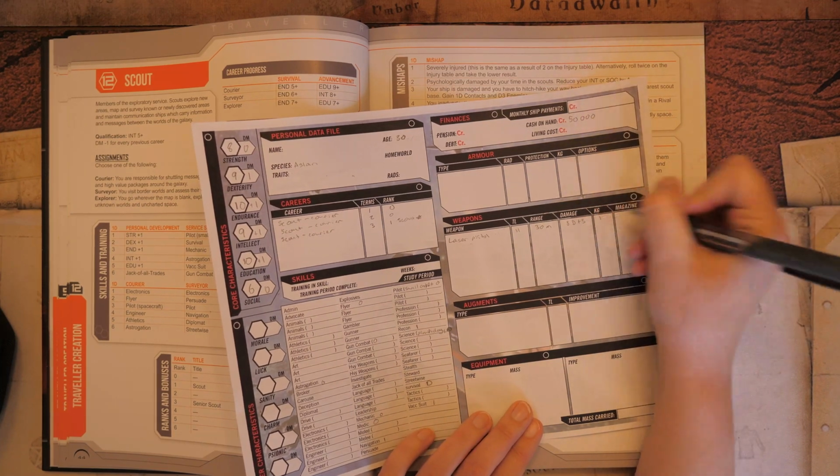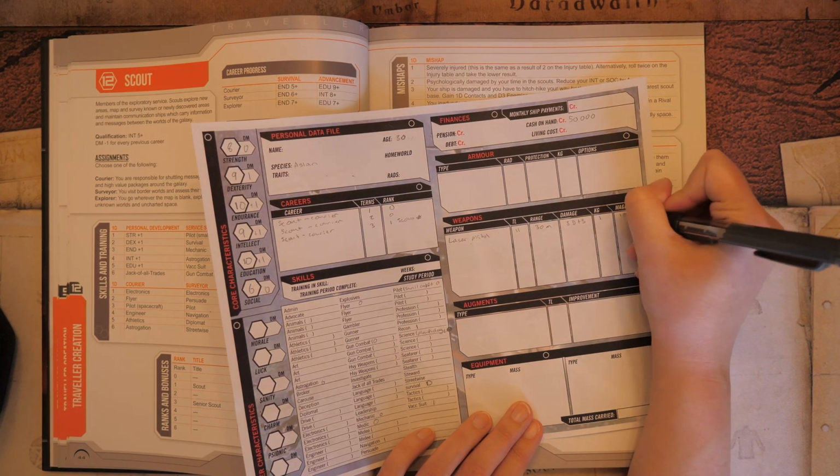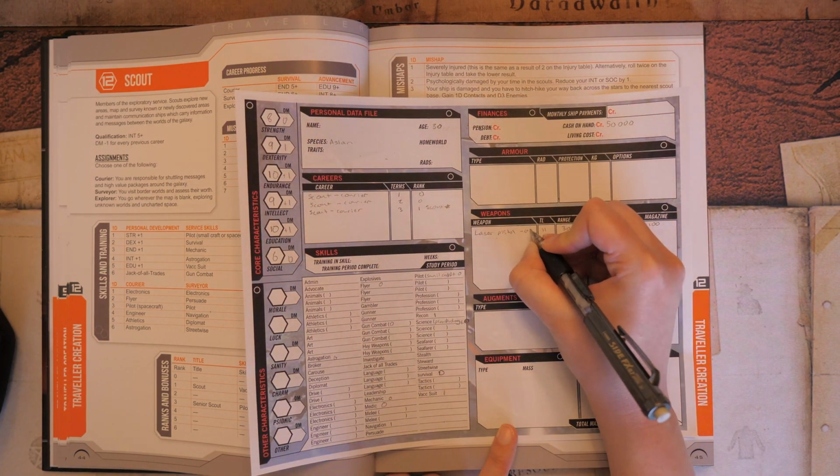KG is 1. What's next? Magazine, 100. Wow. And it does have a trait. It's 0G, but that's pretty much, you're going to remember that because...